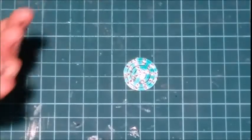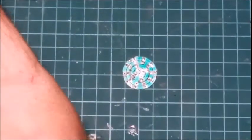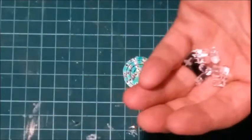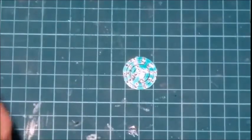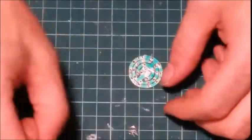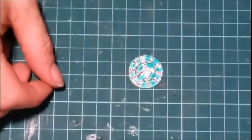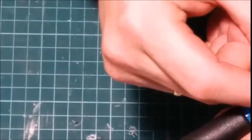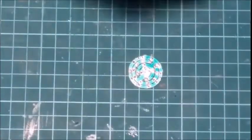Okay, now that we've got all these out, don't throw them away. They're good. A little short-legged, but hey, sure we can still use them somewhere. Also keep your spring. So now, I'm going to turn this down just a little bit, maybe about 375. Okay, so what we're going to do is we're going to take